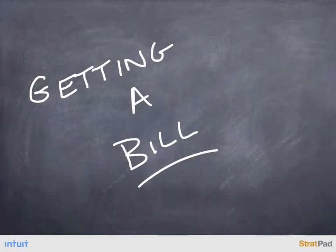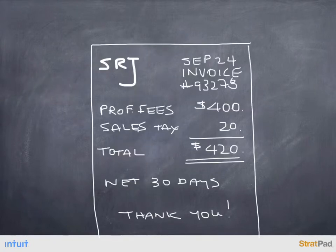Just as you send your customers invoices, your suppliers will send you invoices. So here's what you do when you get your first bill. Here's an invoice from what looks like your lawyers, Smith, Rodriguez, and Jones. Not a terribly sophisticated bunch of lawyers because it looks like they've sent you a hand-drawn invoice, but they're good lawyers nonetheless. And so as you look over the invoice, you want to ask yourself, before you do anything else,